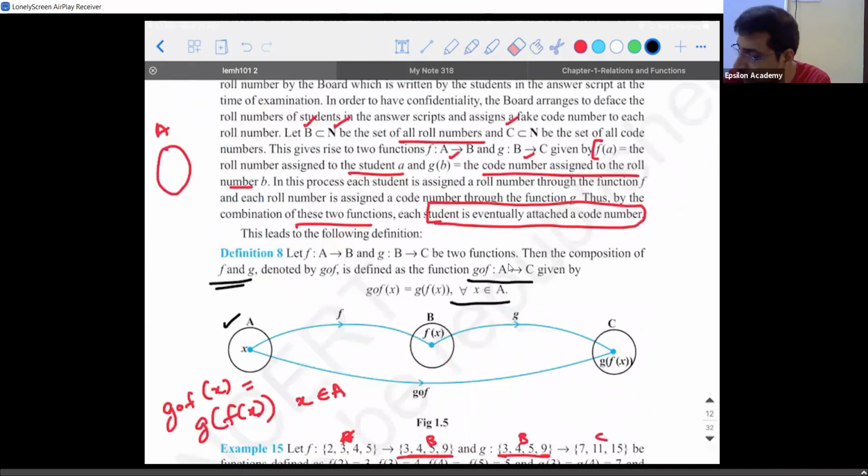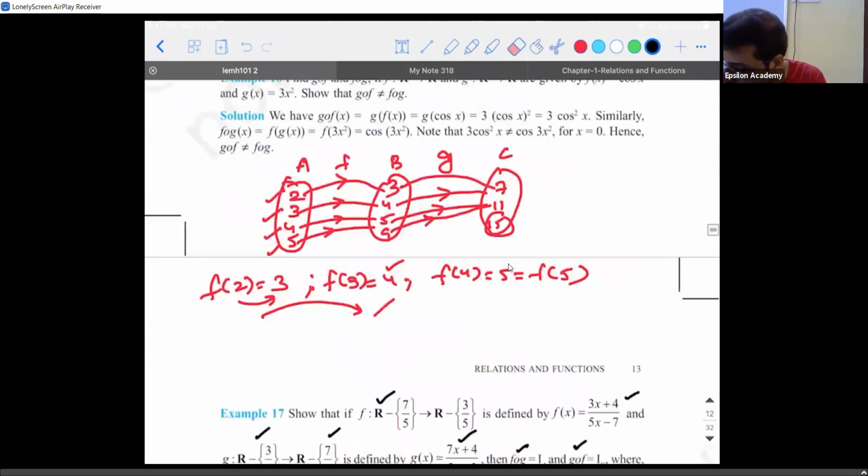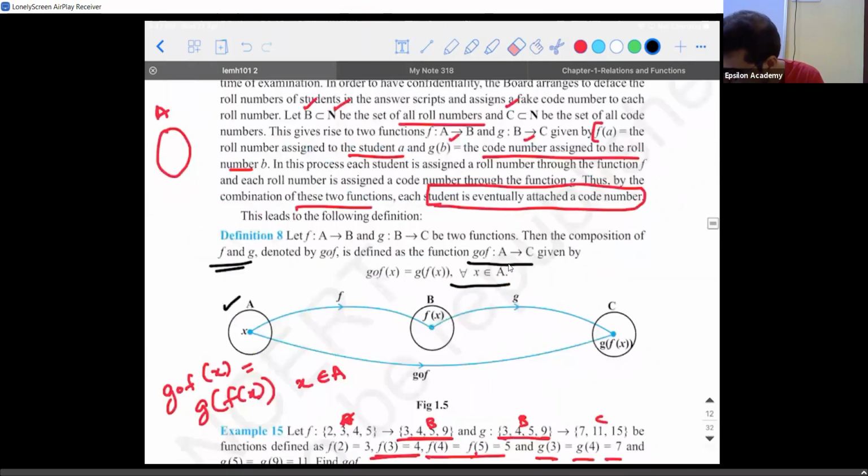But actually, there is a mistake. What you asked is right. Because, see, for me to define, they told the composition of the function is defined. For me to define a function f from A to B, and I need to define another function g from B to C, if these are two functions, then the composition of the functions g circle f, A to C, is defined for all values of x that belongs to A.